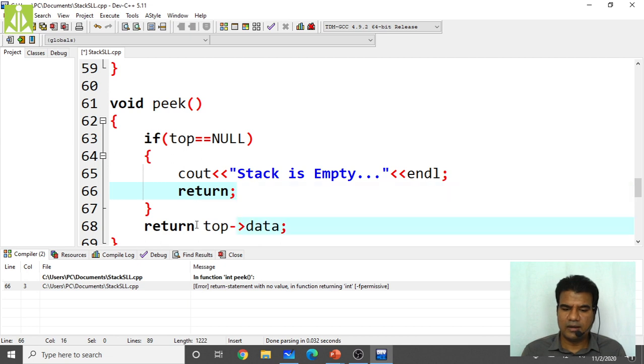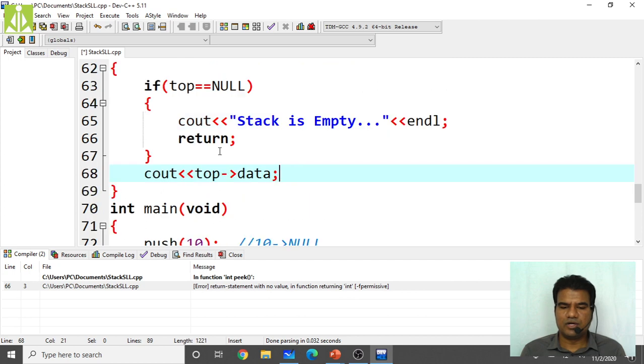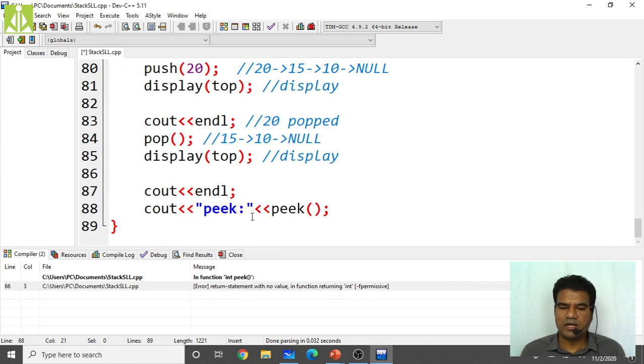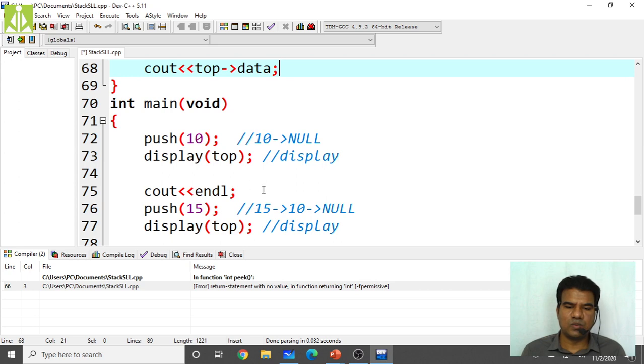Here, instead of return, simply put cout of top of data. So when you call this function over here, the peeked value will be printed, and over here it will print a new line. I don't know, we'll see. I think we'll get an error.